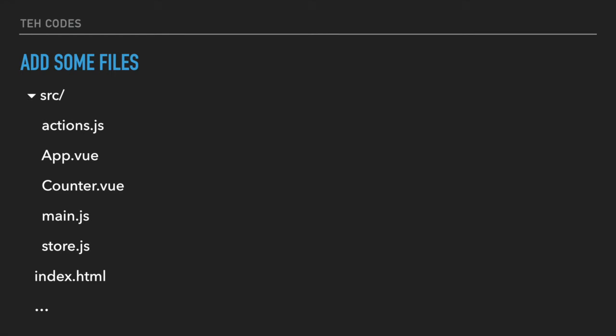Okay, so we've added some files. Actions and store are to do with Vuex. One of the things that's happened in the shift from 0.3 to 0.4 is that actions have been split out from being bound directly into the store instance. I think people felt that your application structure will be better if your actions weren't explicitly bound into your store.